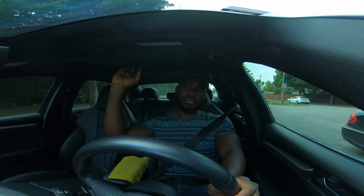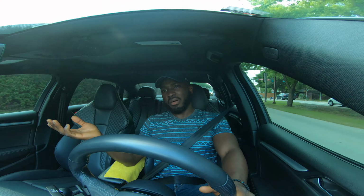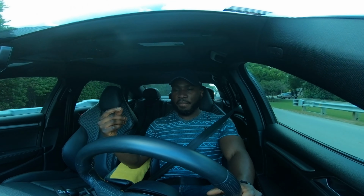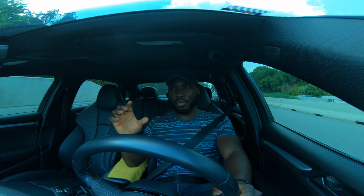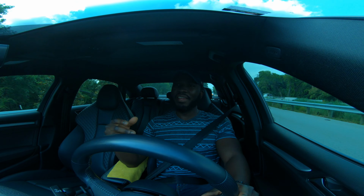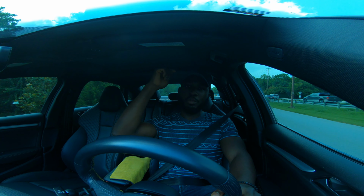I'm going to do the sunroof. I barely open it, I don't mess with it, and it works fine. But I bought this lube. It's like a $35 bottle for a 16-ounce bottle. It's really expensive, I mean, Volkswagens and Audis, you know how it is. But anyways, I've got to lube the rails for these